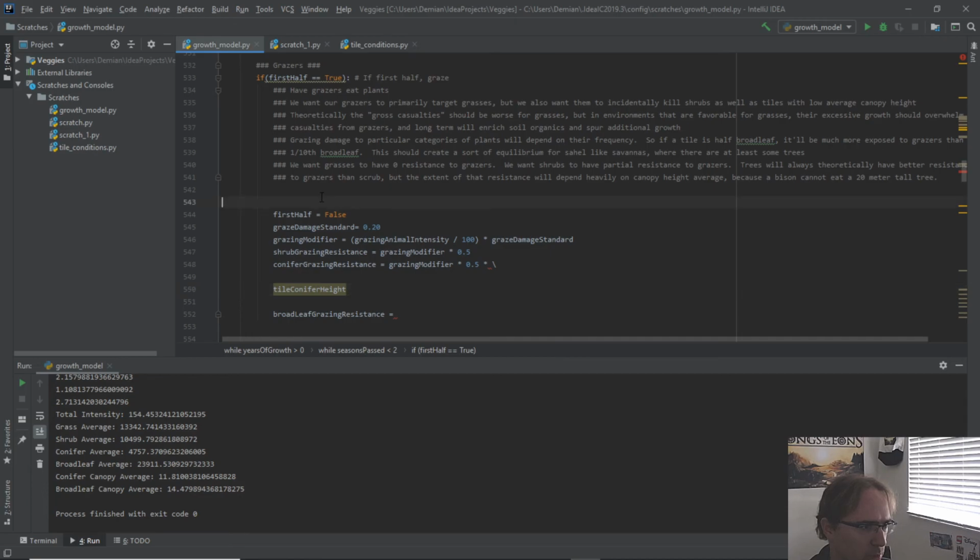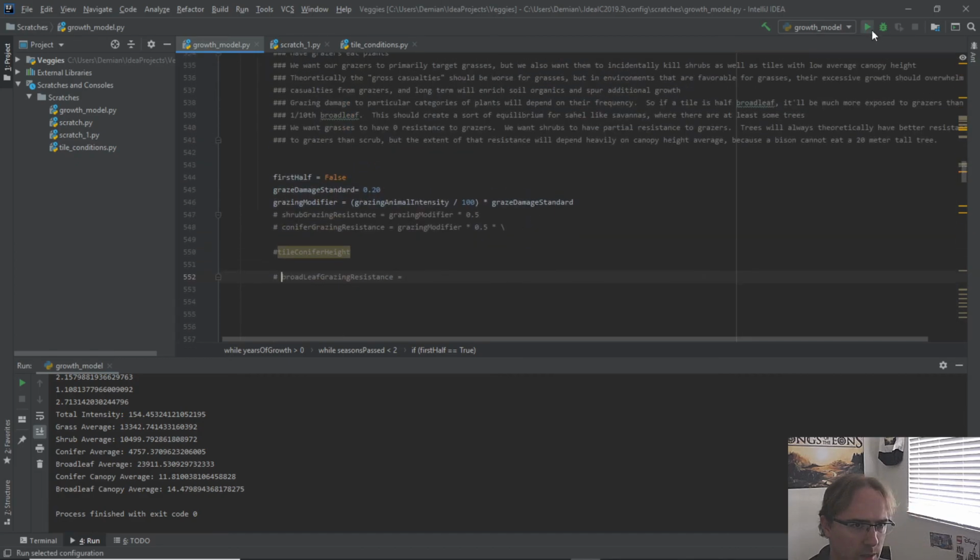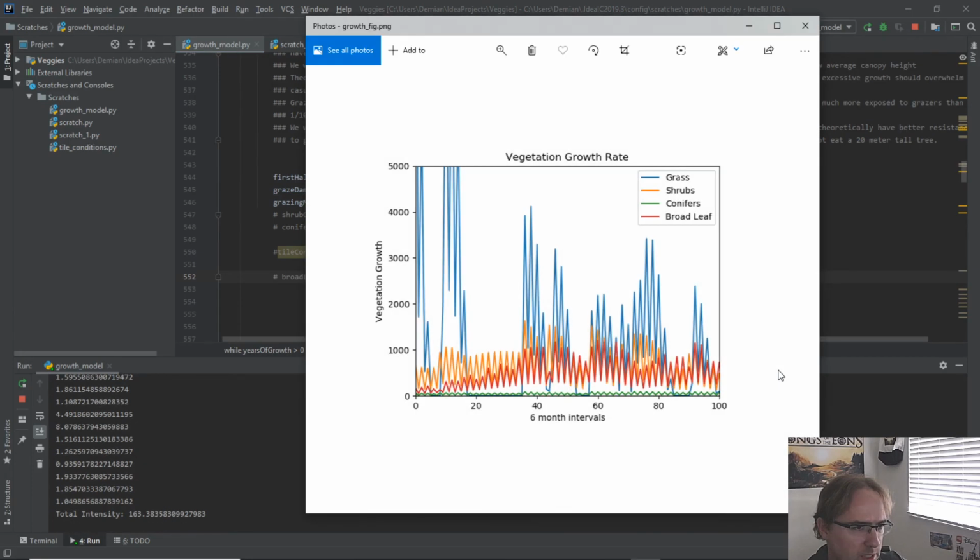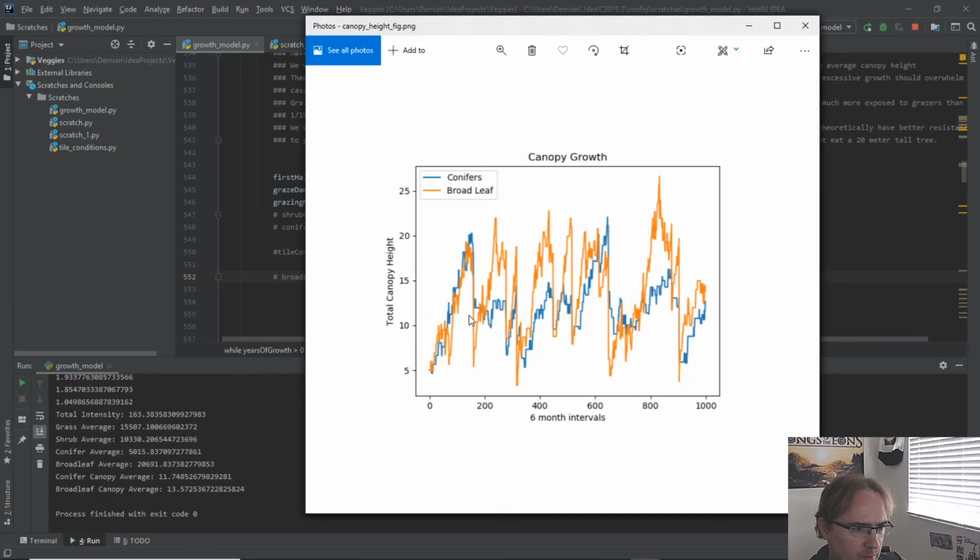So actually, if we go back to our model, let's look at when canopy height dips down low enough. Right, so you can see we have periods over 1,000 years where canopy height is low enough that grazers can keep things in check, right? So we have periods where it dips down to about 5, periods where,